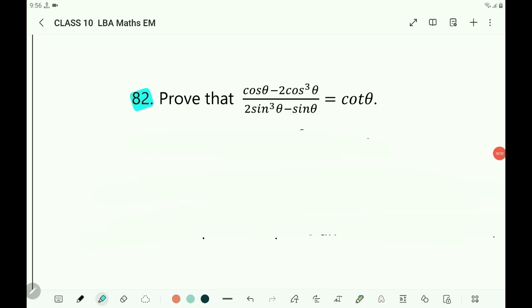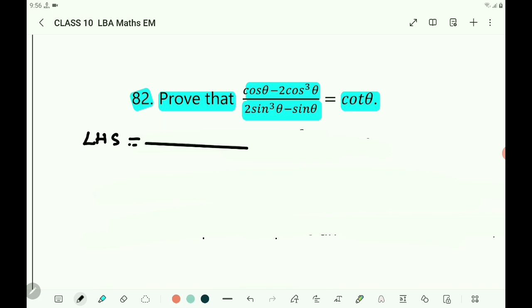Then question number 82. Prove that cos theta minus 2 cos cube theta by 2 sin cube theta minus sin theta is equals to cot theta. Write the LHS. Equals cos theta minus 2 cos cube theta by 2 sin cube theta minus sin theta equals,